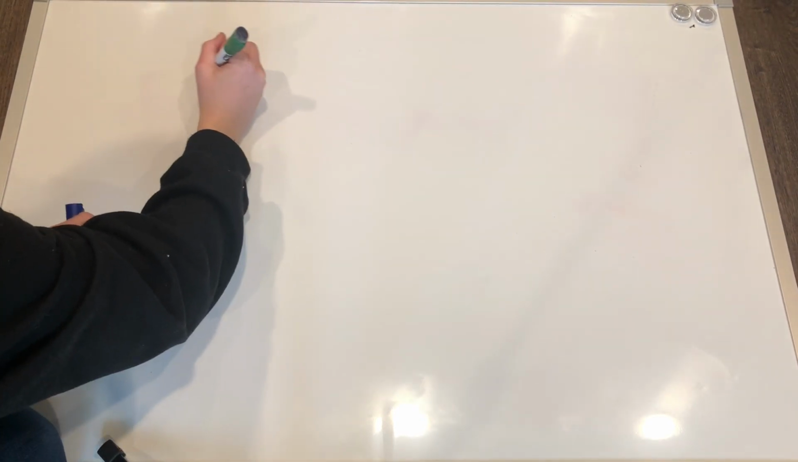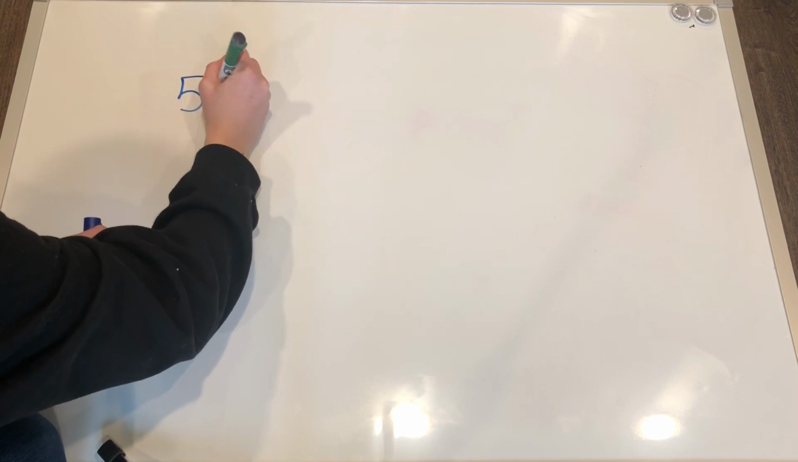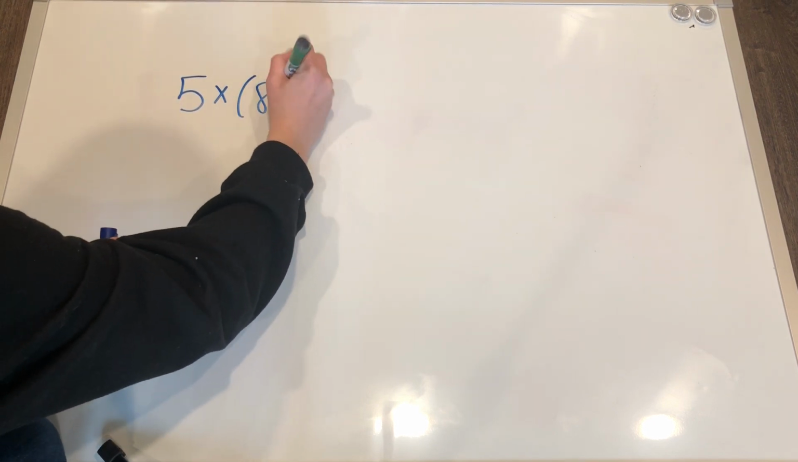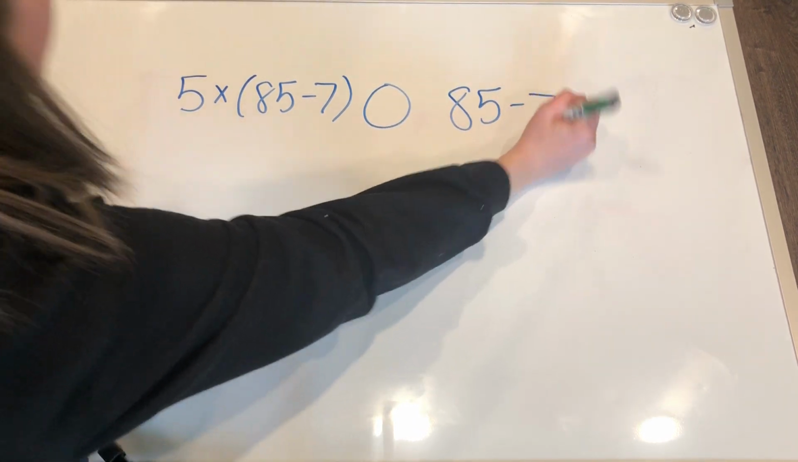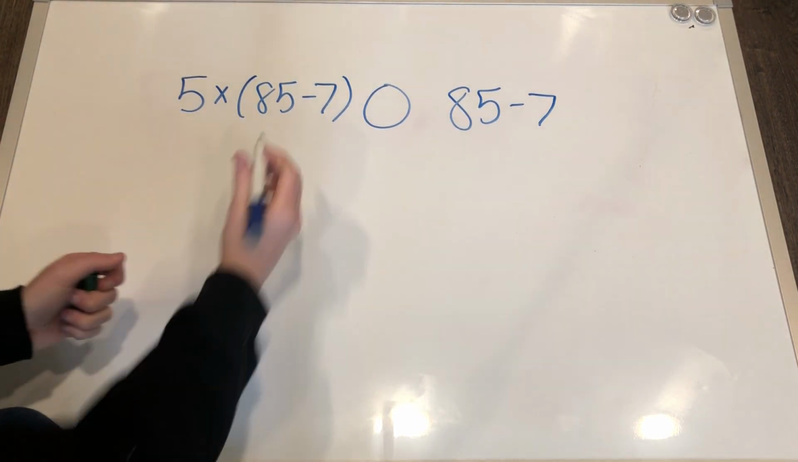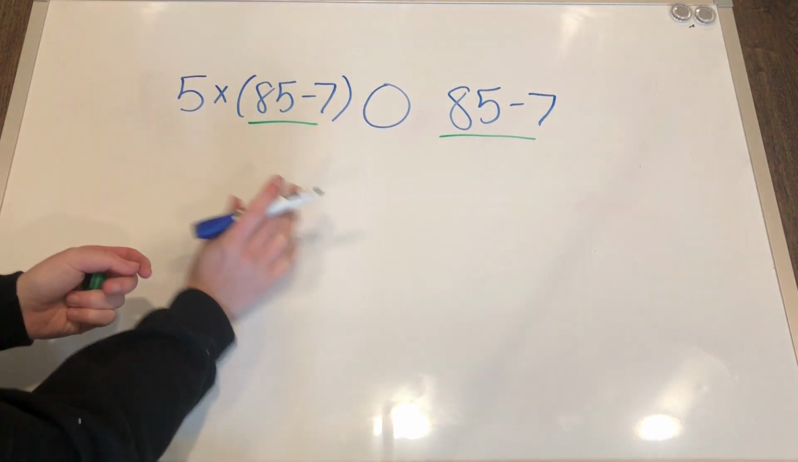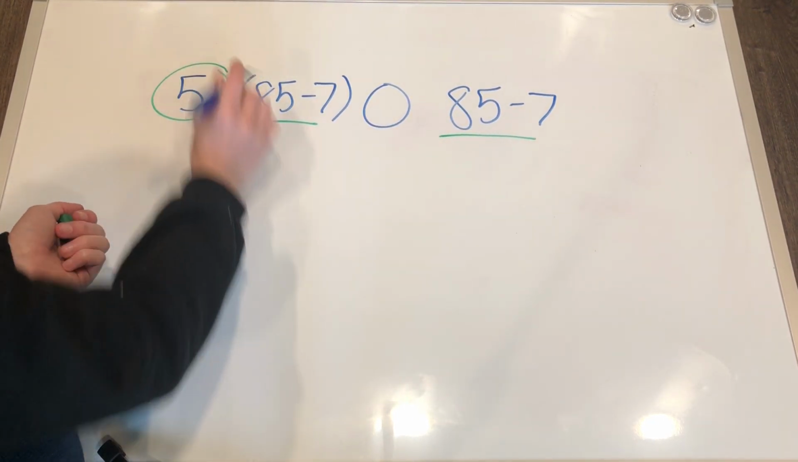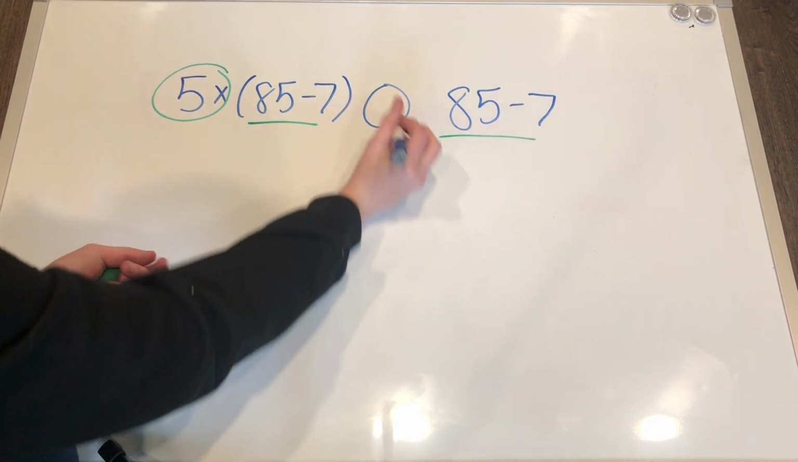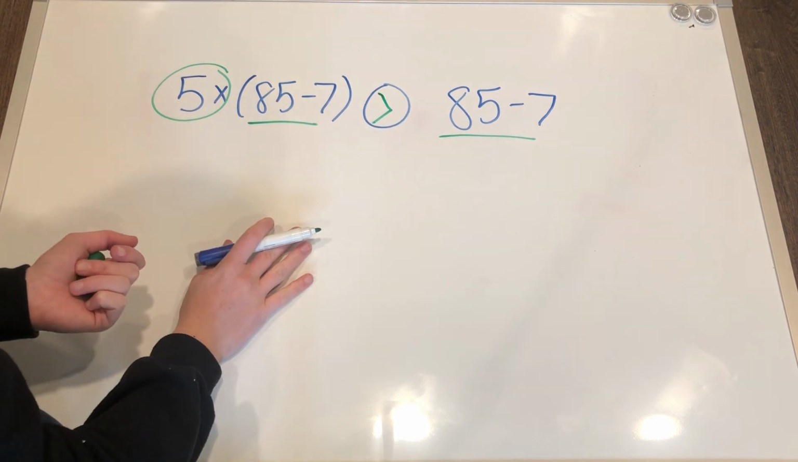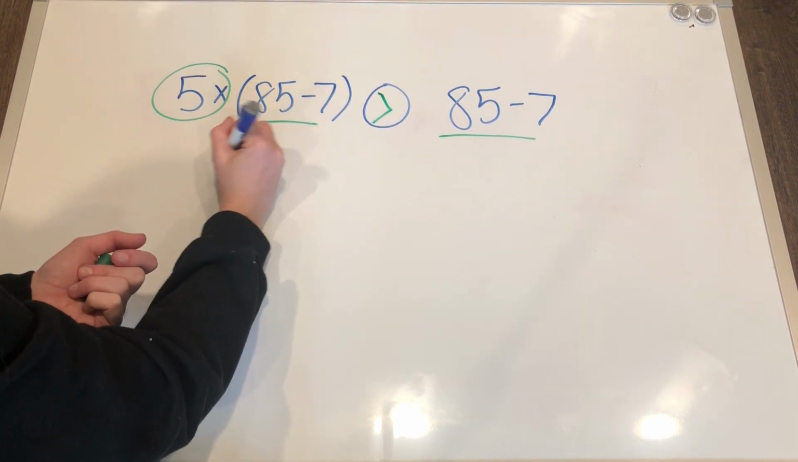When we're comparing expressions, we don't necessarily have to solve them. So if I have something that is 5 times 85 minus 7, and then 85 minus 7, and we're comparing them, we see these two are the same. These parts of the expression are the same. The only thing that's different is this 5 times the amount. Multiplication means we're getting bigger, so this is going to be the greater expression. So this expression is 5 times greater